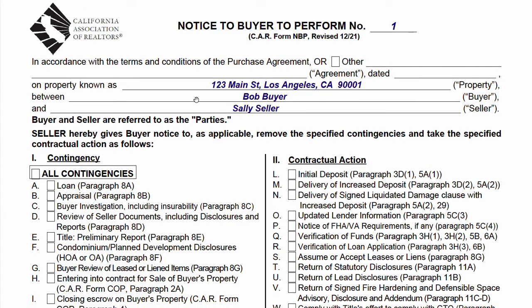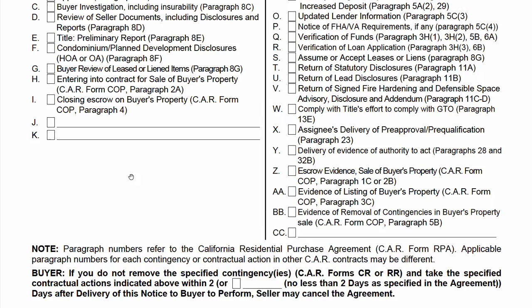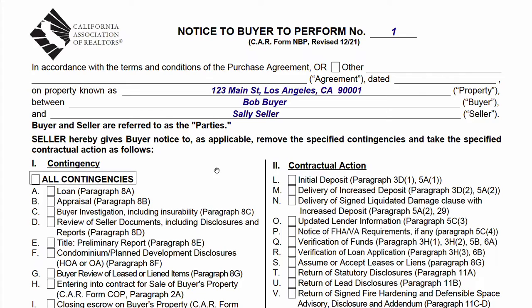So we go over here. Let me give you a really quick example of probably the most common way that this form is used. So let's say a seller is waiting on the buyer to remove contingencies, and the buyer hasn't done it, or they're not on time, or let's say it's day 17, because that's when most contingencies expire. Well, the seller can check this box, all contingencies, sign down here, and then send it to the buyer's agent and wait. And if the buyer's agent doesn't send a contingency removal within 2 days, then the seller can cancel